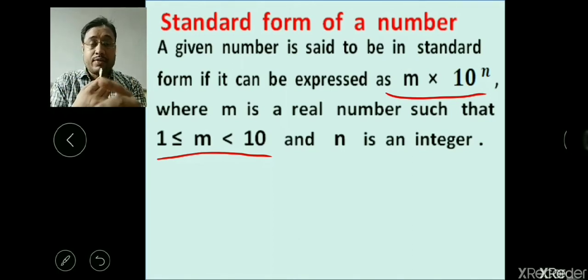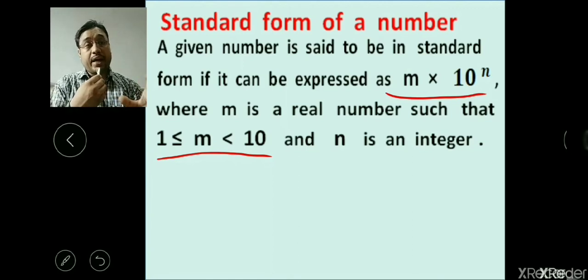A rational number you can convert into decimal also. So it can be 9.5, because 9.5 is less than 10. 1.5 is also possible, 1.6 also. The value of m is 1.6 because 1.6 is less than 10 but greater than or equal to 1. So 1 is also possible. In place of m, you can take 1 also, because 1 is allowed here. m is greater than or equal to 1, but it is less than 10.